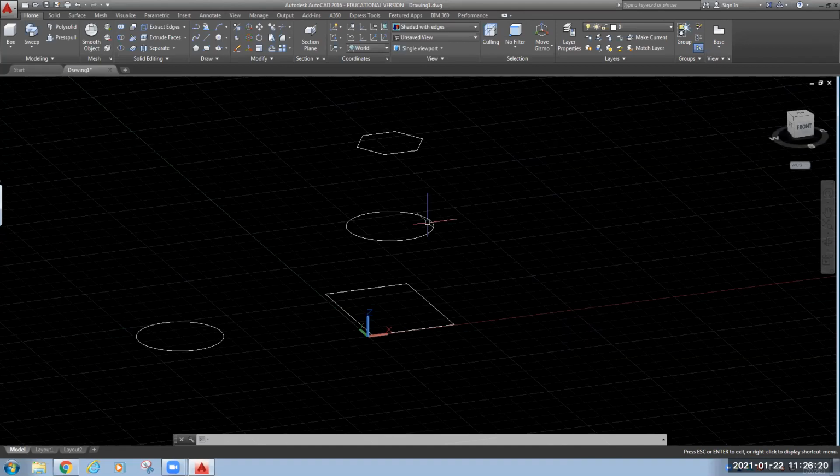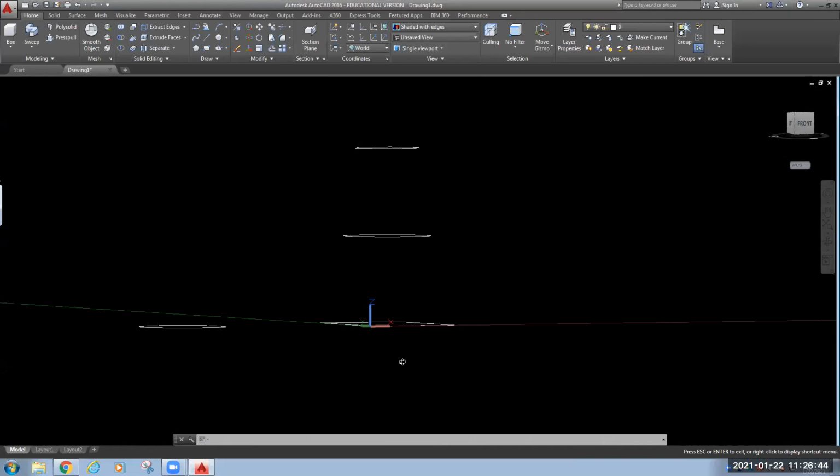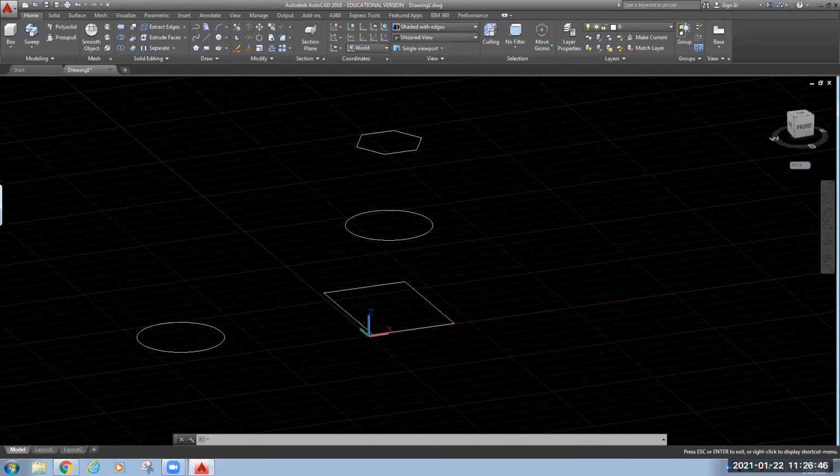Now, this is the most important part of your loft command, because many times students get confused that they move this object but it does not move in z direction, they move it somewhere in x and y, and they don't rotate this and visualize whether it is actually at different z locations or not.